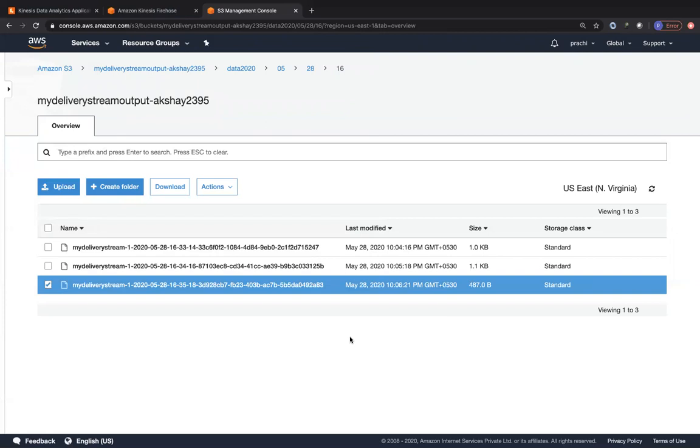So this is something that I wanted to show you today regarding how Firehose works. But feel free to use Lambda functions for any kind of transformation and see how that works. But these are all the things that you need to know regarding the Solutions Architect Associate exam that you would probably attend after going through this entire course.